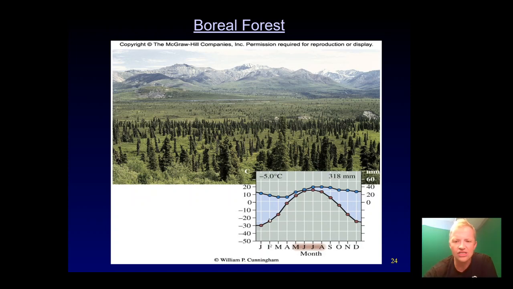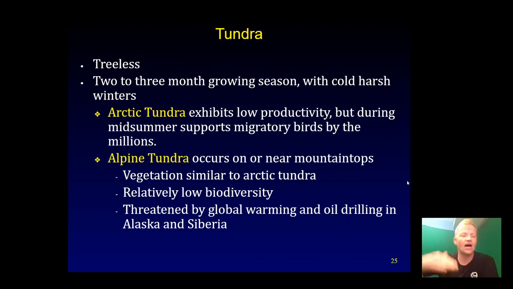But as we can see, extreme difference in temperature. It might not peak above 20, but then it goes all the way down to negative 30. So this is getting a bit colder in these environments. Next one, we're just going up the latitude ladder, right? Now we're hitting tundra, even more extreme cold environments. These are often treeless. Now, this is what you think of as the Arctic or Antarctica, right?